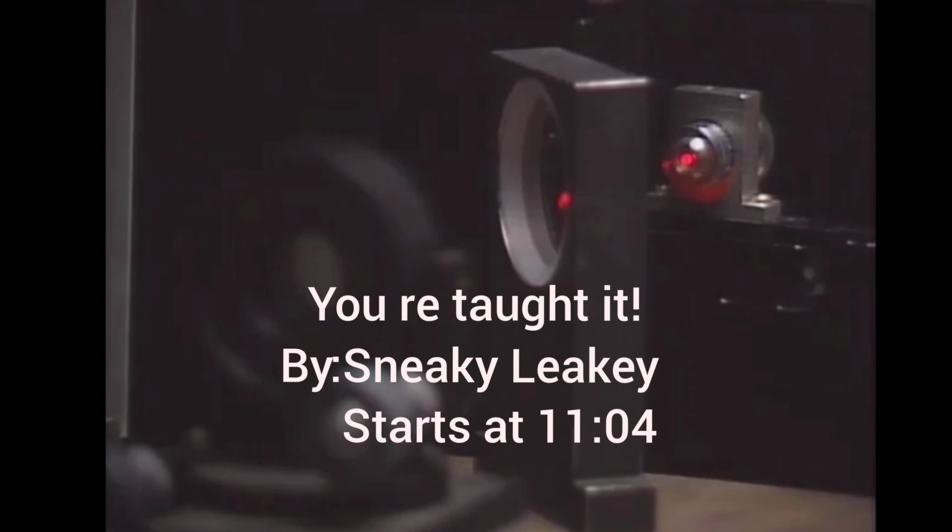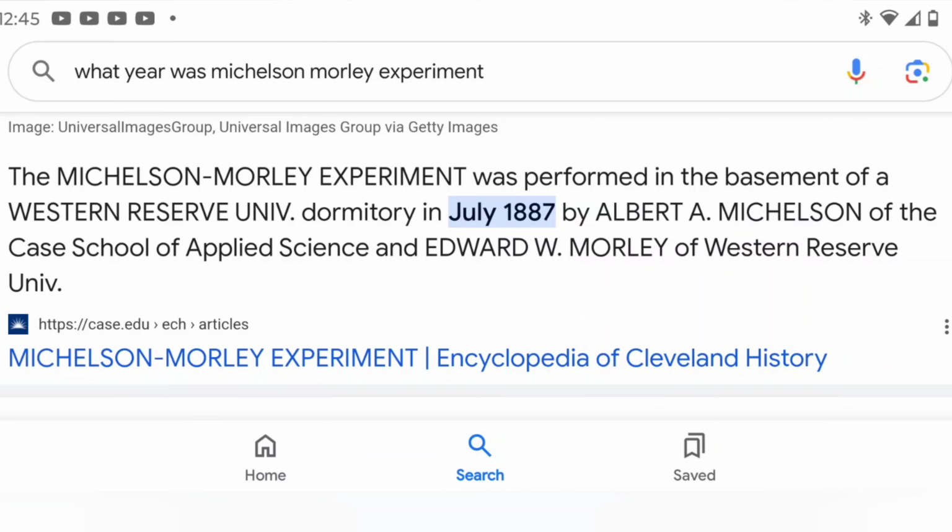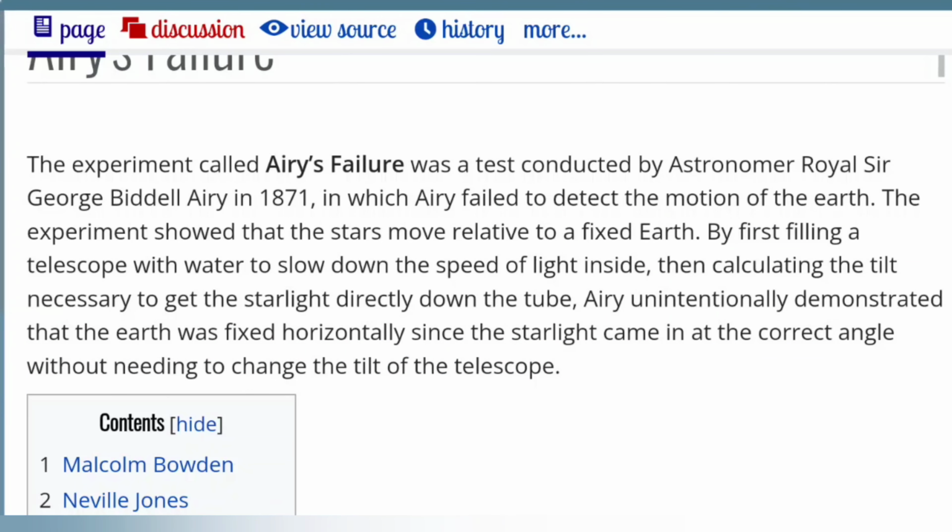So from the mid-1800s to the late 1800s through the 1900s, really still to this day, but back then the debate was at its peak whether the Earth was in motion or the heavens were in motion. So again, in the late 1800s, there was a physicist slash inventor called Albert Michelson who set out to prove the Earth's absolute motion in space, or disprove. And he invented, which is still used to this day, the interferometer, which was 10 times more sensitive than necessary to detect the Earth's motion around the sun if it existed.